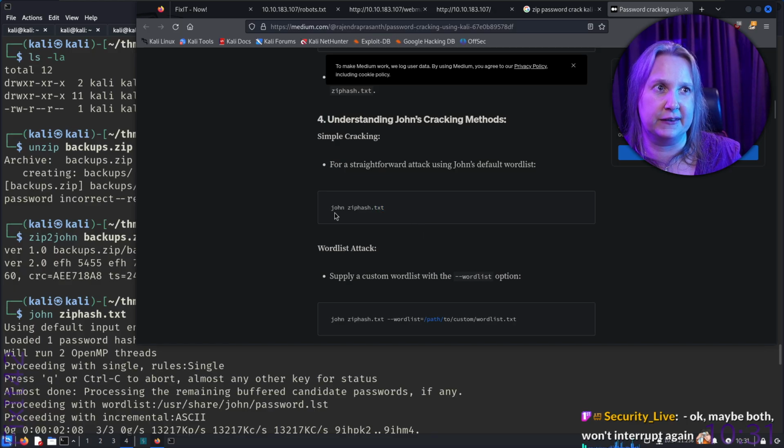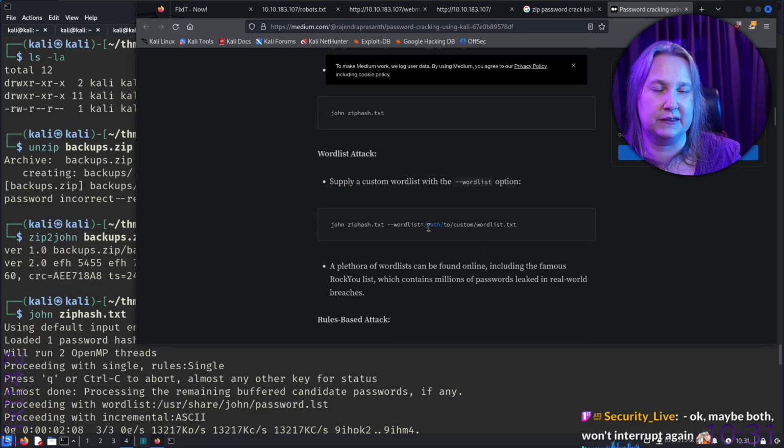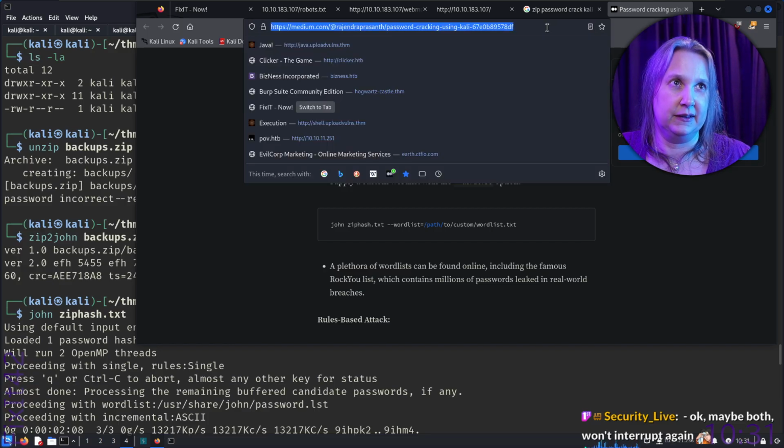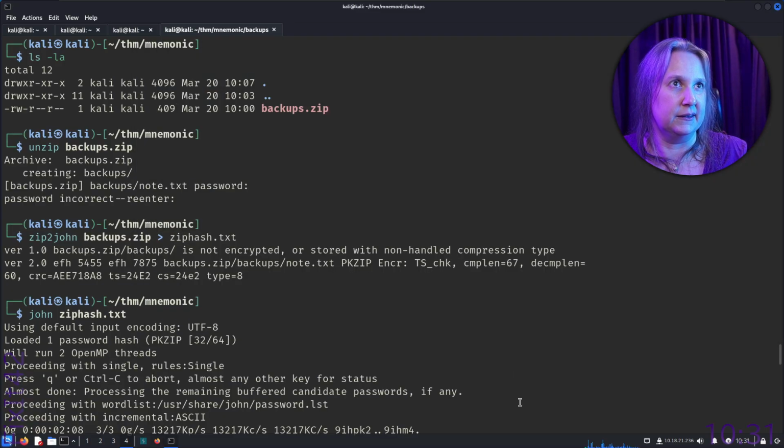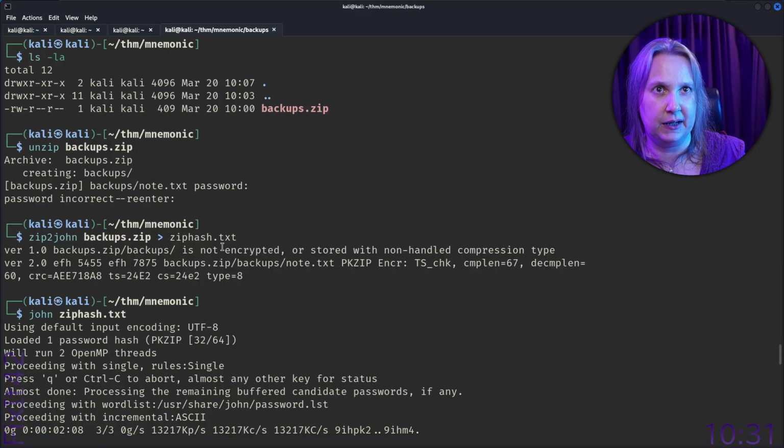Then we tried this, it didn't work, so we did this with the rockyou list that I got a suggestion for, actually. So I'm also going to put this URL in the notes. I'm just pasting it there. And then we can copy our notes there.